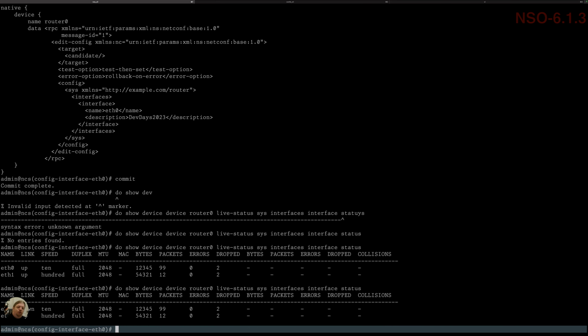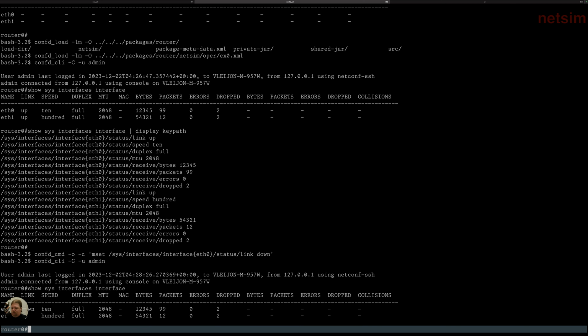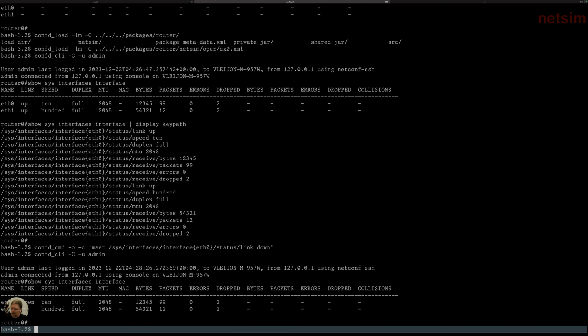This is pretty useful if you want to trigger an error or if you want to somehow summarize data. This is kind of helpful in a script, but even more helpful is being able to do this in a programmatic way. And as I said, conf behaves a lot like NSO, which means that we can use Python scripting. So I prepared a little bit,